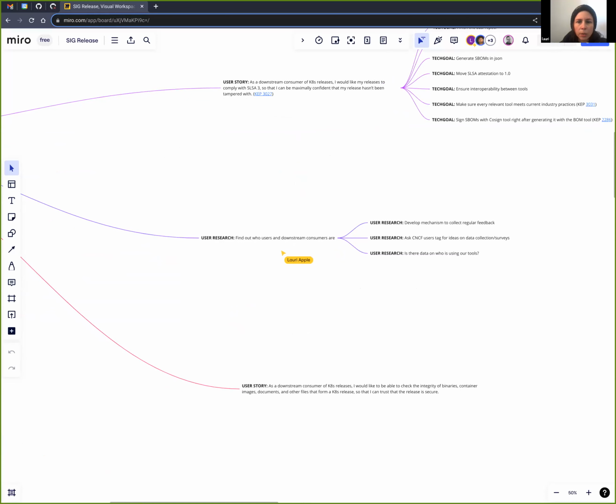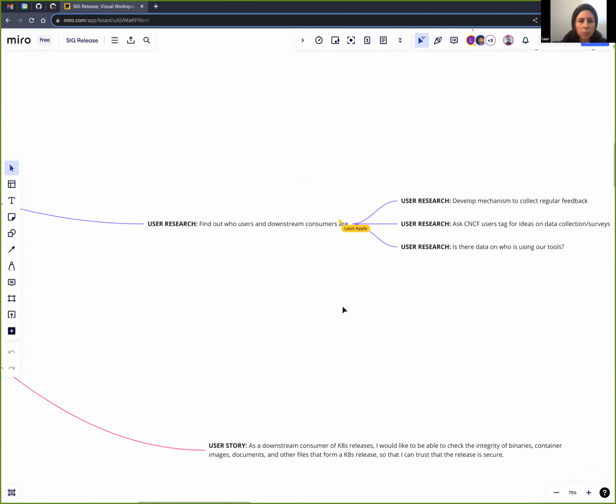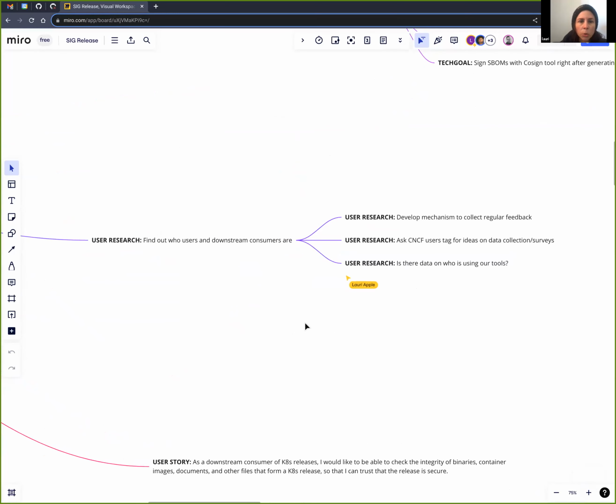The next thing is a little more about product management and UX. So we'd like to do some user research to find out who our users and downstream consumers are. Some goals around that are developing a mechanism to collect regular feedback. The CNCF might be able to help us with some surveys and data collection. And then we want to know if there's already data about who is using our tools. And then finally,